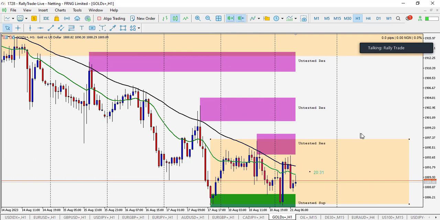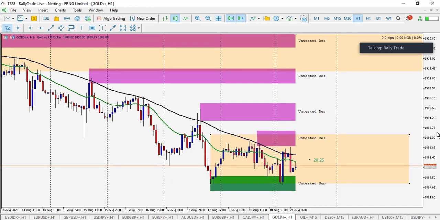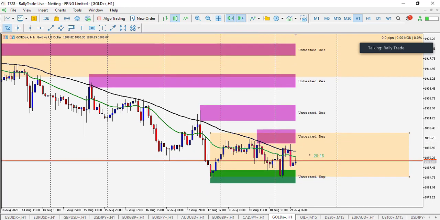So my bias, what we call directional bias, will still be to sell. Since we are not the controller general of the market, since we don't control the market, my bias will still be to sell. But I'm not just selling inside the range. No, no, no. I can only sell at the supply zone up here, or at a break.